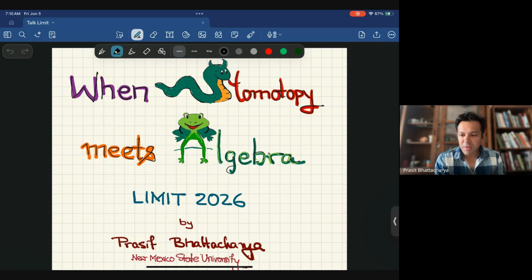This topic is about how algebraic methods seeped into homotopy theory, or how homotopy theory embraced algebraic methods and what comes out of it. This is a very active area of research and used in many other areas. It's a modern way of thinking, but